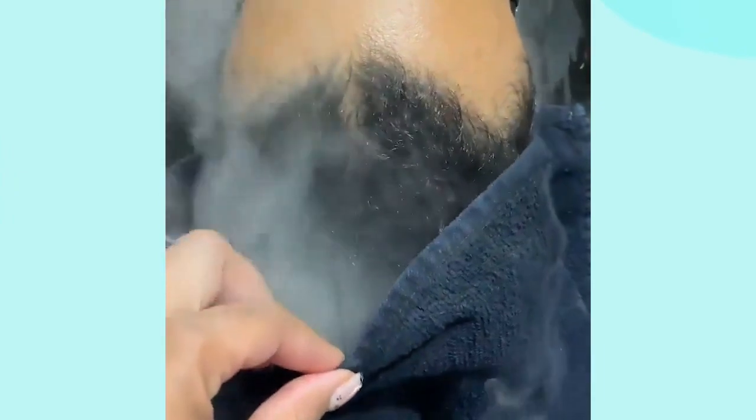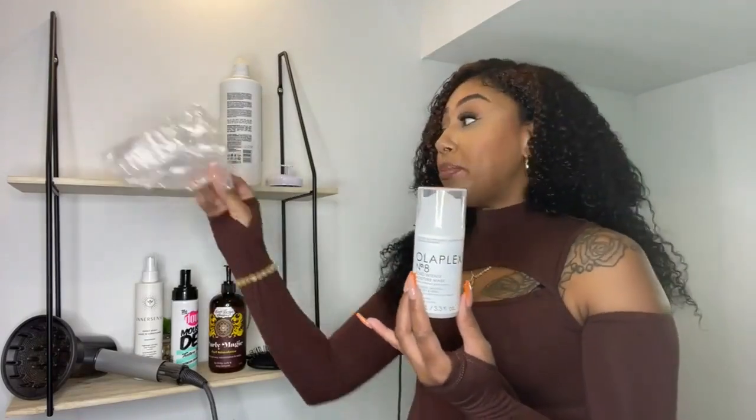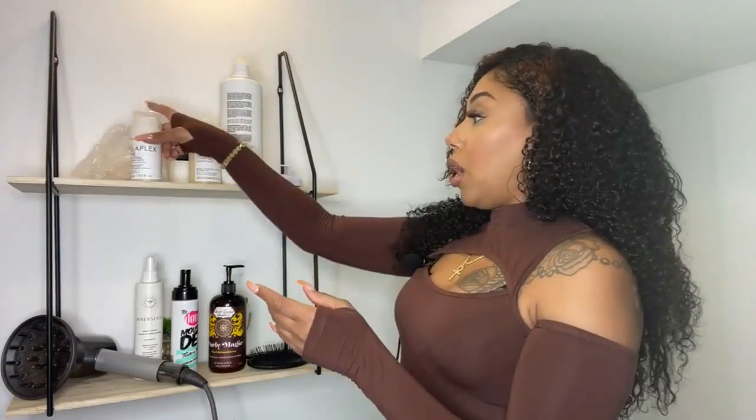Here at the salon, we do something with the spa mister, which is like a hydrating mist. So that helps also push the product into your hair. And you could do something like that at home as well. You can use a shower cap that can help put the heat back into your hair from your scalp and really open that cuticle, allowing your treatment to get in. Or you can use a hair steamer. They have some of those on Amazon. And then once it's been sitting there for a little bit of time, maybe 5-10 minutes,